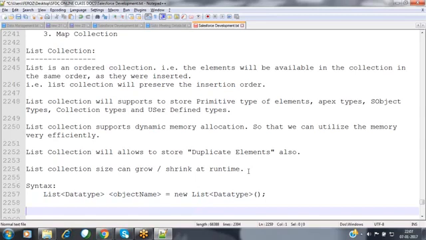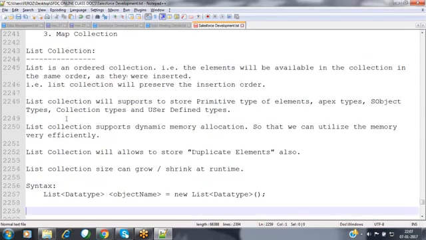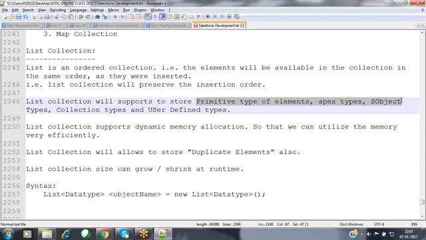Now, the List collection is used to store both similar type of elements and dissimilar type of elements also. So the List collection will support storing primitive type elements, Apex types, sObject types, collection types, and user defined types.